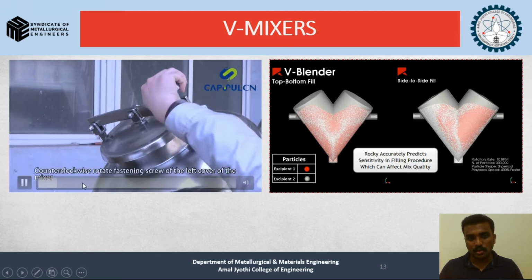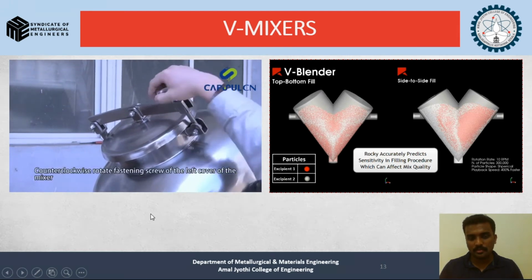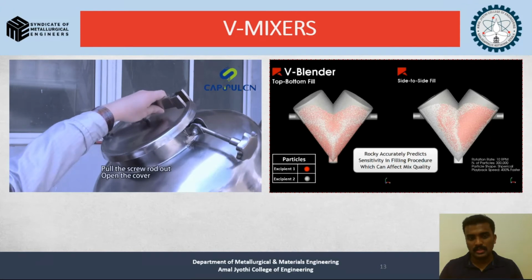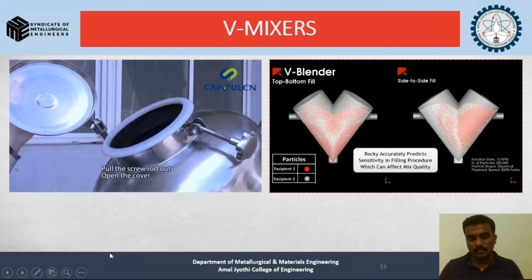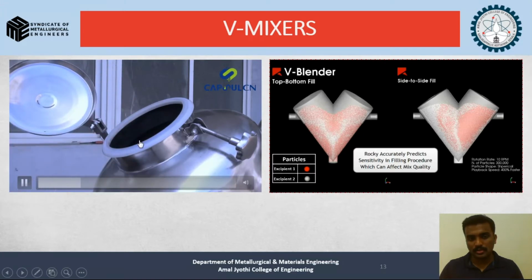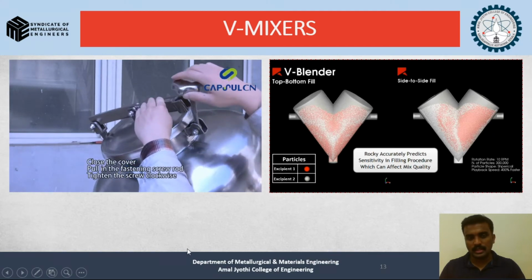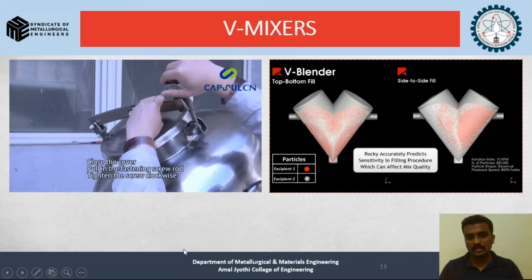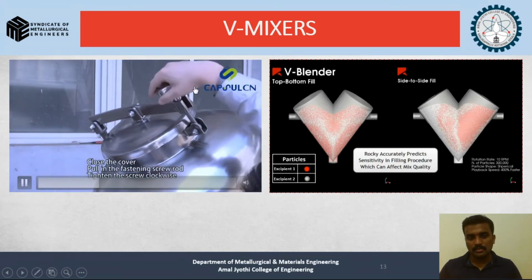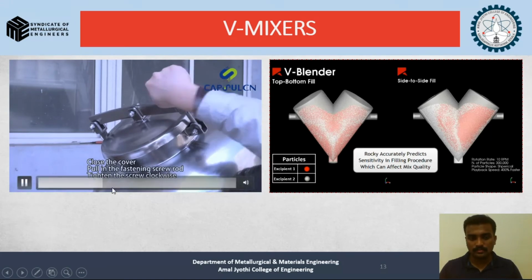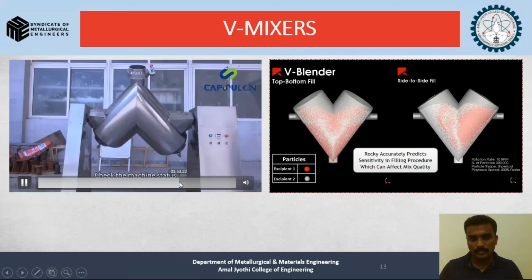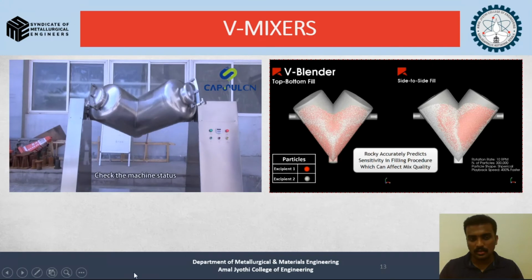We have two openings, and clockwise rotation fasteners are being used for opening the mixture, and one side is opened, and we are feeding the material and pouring the material into this mixture, and closing the lid again, covering it, screwing it, and making sure it's a tight fit. And the same process will be repeated on the other side also. So after that, we are switching on the process. You can see the rotation happening.